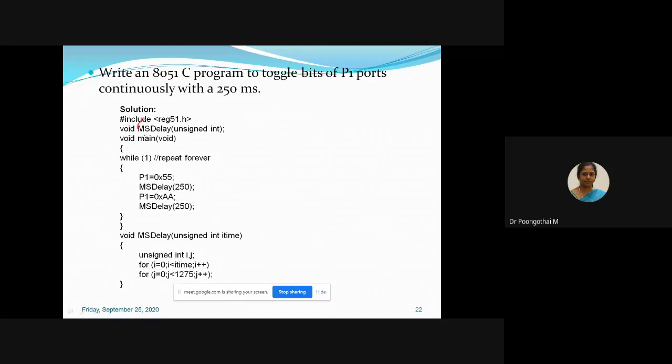This will be your function name; you can give any name. Using this function, I am passing an unsigned int value. The delay function name is msdelay.